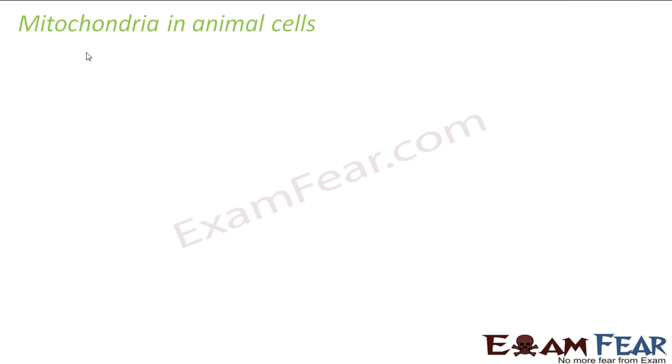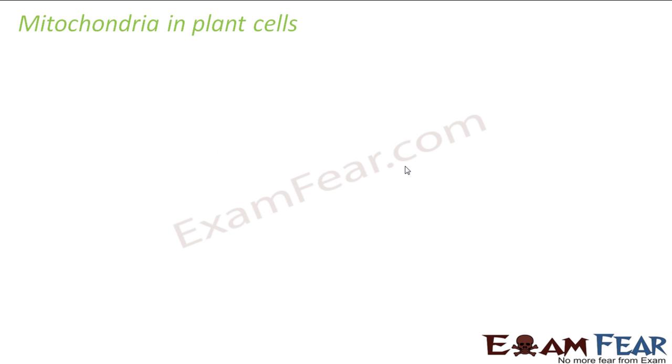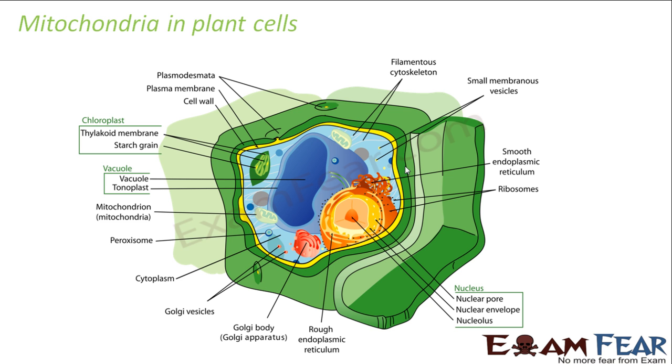Now, let us try to locate mitochondria in animal cells. Where do we see mitochondria in animal cells? Here, if you see, this is the mitochondria. This is how the mitochondria looks like. Outer membrane, curved inner membrane, right? Now how does the mitochondria look like in a plant cell? In a plant cell you have mitochondria here. Again, it looks similar, right? Now, it is not necessary that one cell can have only one mitochondria. It can have multiple mitochondria also. For example, in this cell you have one mitochondria here. Again, you have another mitochondria here. So, you can have one or you can have many.